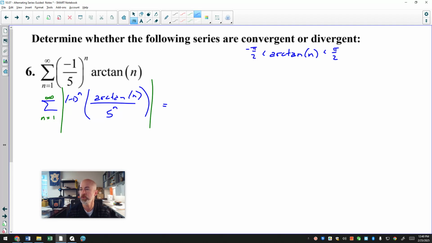And that is good for you to know because now I can show that the absolute value of my series that I'm interested in is less than pi over 2 over 5 to the n. And that's beautiful because pi over 2 over 5 to the n, that's a geometric series